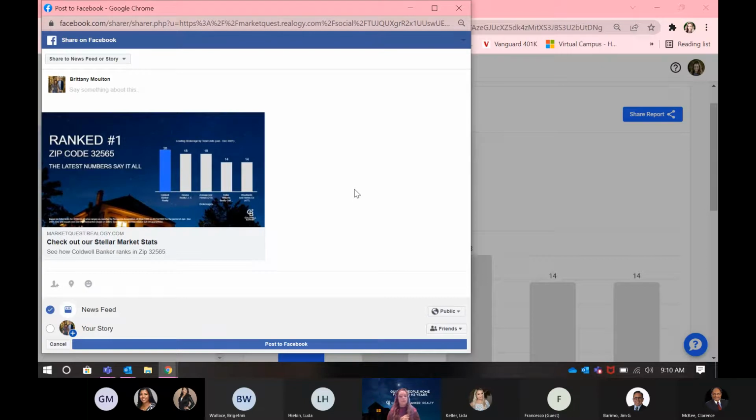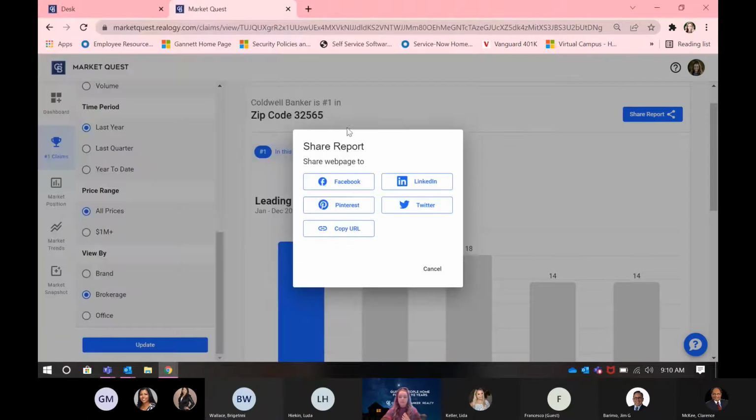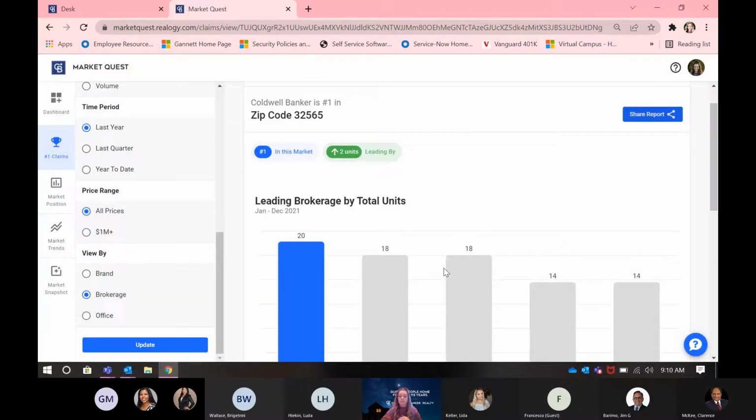So this is a really great way to get a social media post right away. Really great data and a really great number 1 claim on your social media. So that is number 1 claims. You can also obviously share it to LinkedIn. You could copy the URL if you'd like, and you could also download the PDF